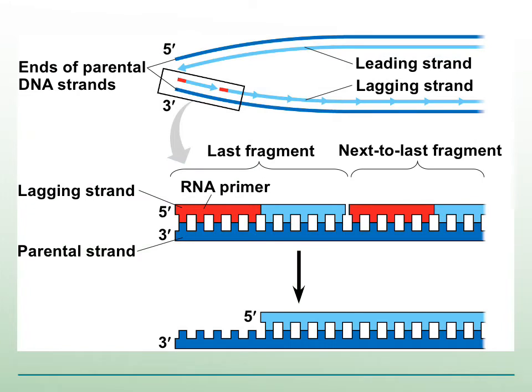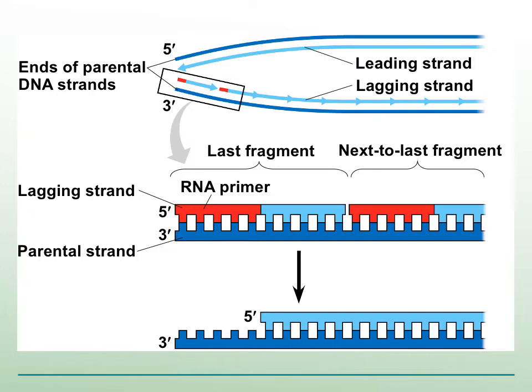This end problem is illustrated best in these figures from the Bio 1 Campbell textbook. Here we're looking at replication at the end of a chromosome. The parental strands are in dark blue, the newly synthesized strands are in light blue. If we blow up the very end of the lagging strand, what we see is that the very last fragment on that lagging strand begins with an RNA primer at the 5' end and has been extended with light blue